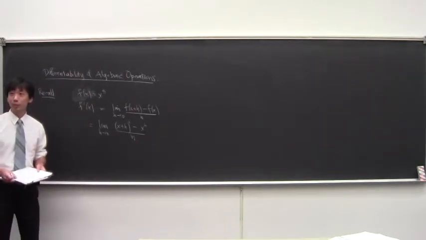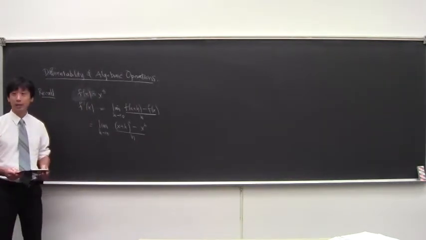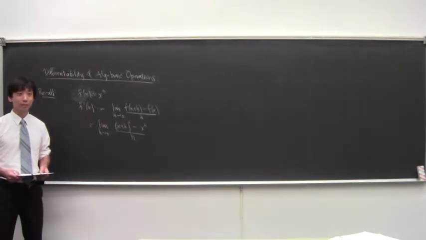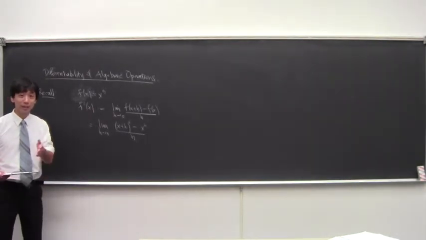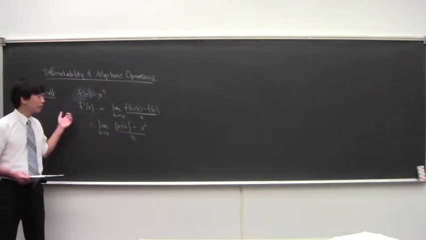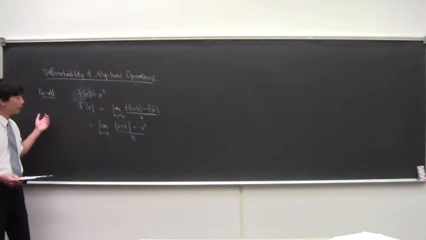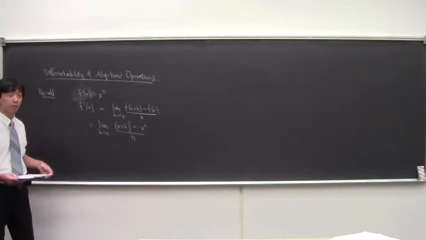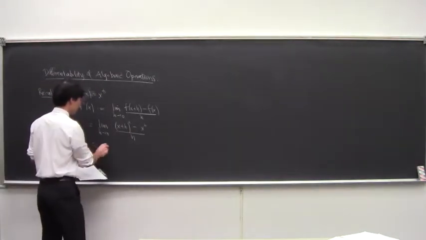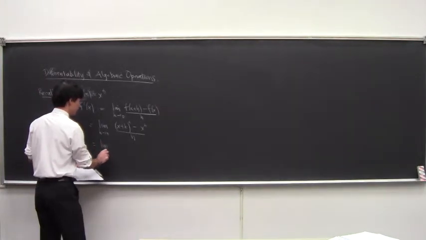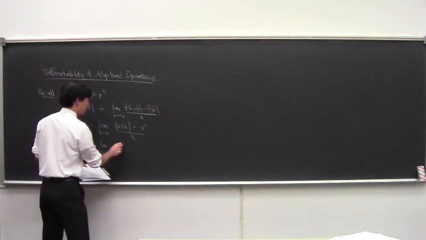Do people remember what happened then? What did we do after that? You could use some formula, right? You can use Pascal's triangle, you can do something or other. It turned out that this was going to be the limit as h goes to 0 of x to the sixth